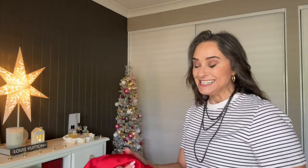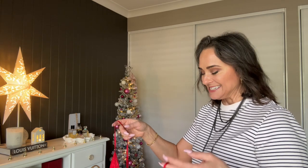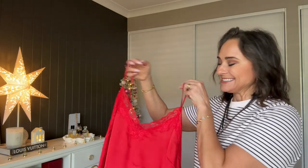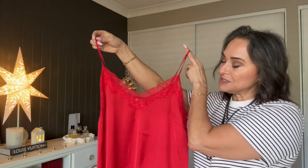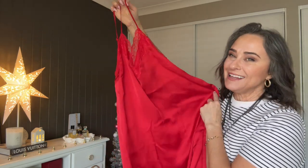So anyway, I said this young lady is newlywed, so I thought I would buy her something a little bit fun for Christmas. And Kmart has these beautiful satin slips for only $10. Isn't this just too gorgeous? I thought this would spice things up in the bedroom of a newlywed. Not that they need any help, I think, in the bedroom. But anyway,